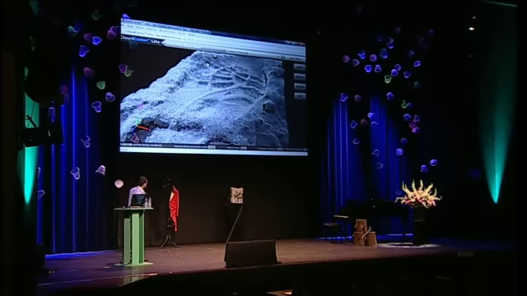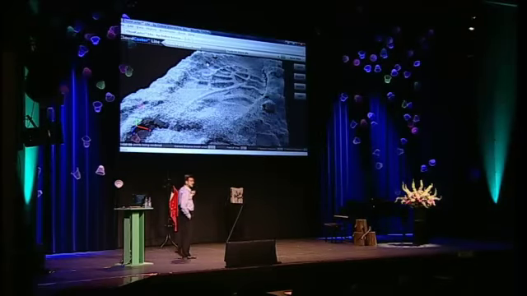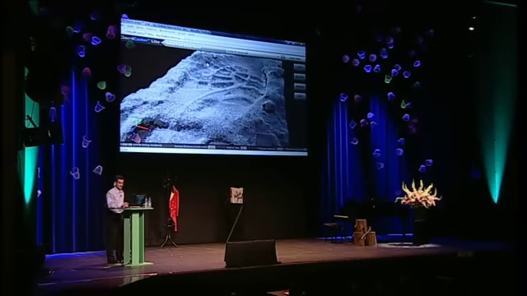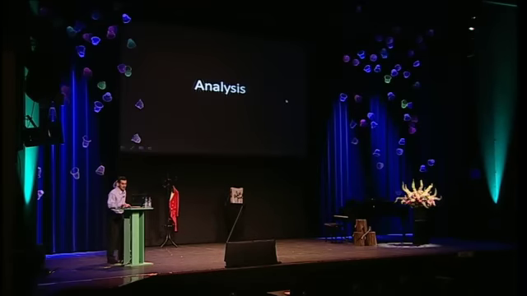And I think what's most interesting about this is the equipment that I used to do this with was a digital camera. A digital camera and some software. So it's very inexpensive to do, relatively speaking to things like laser scanners and stuff, but the information you can get out of this is really, really important. On the analysis side,